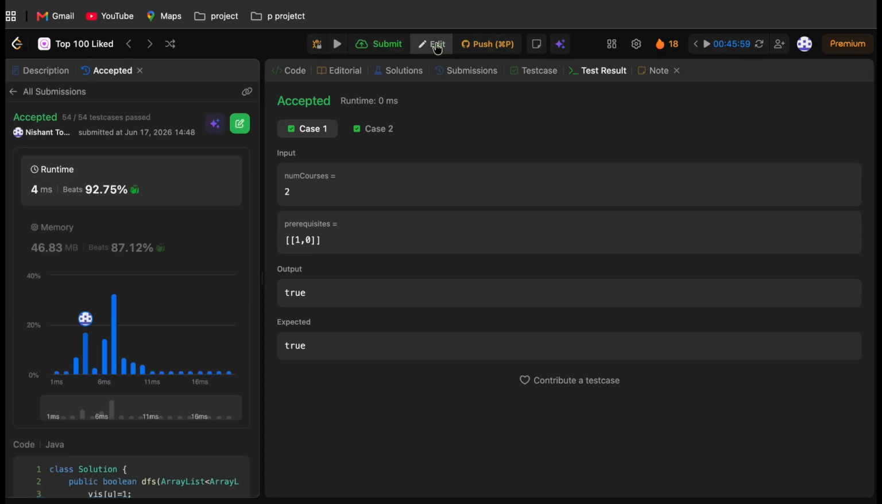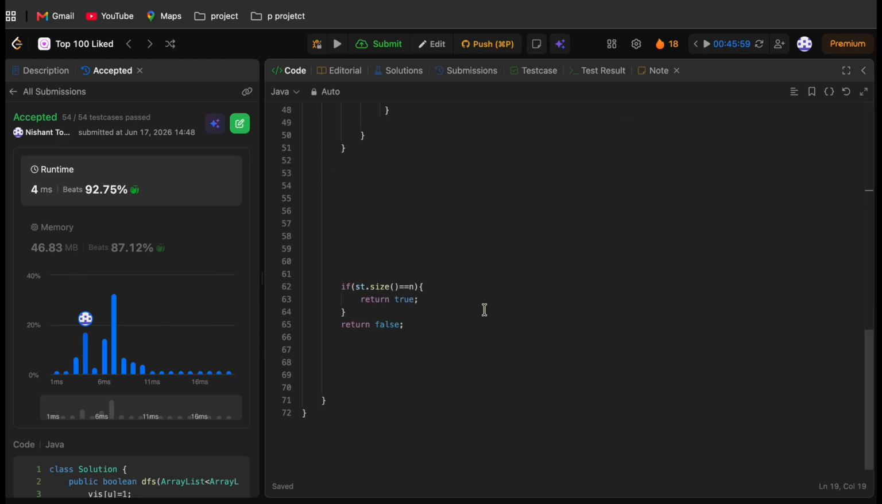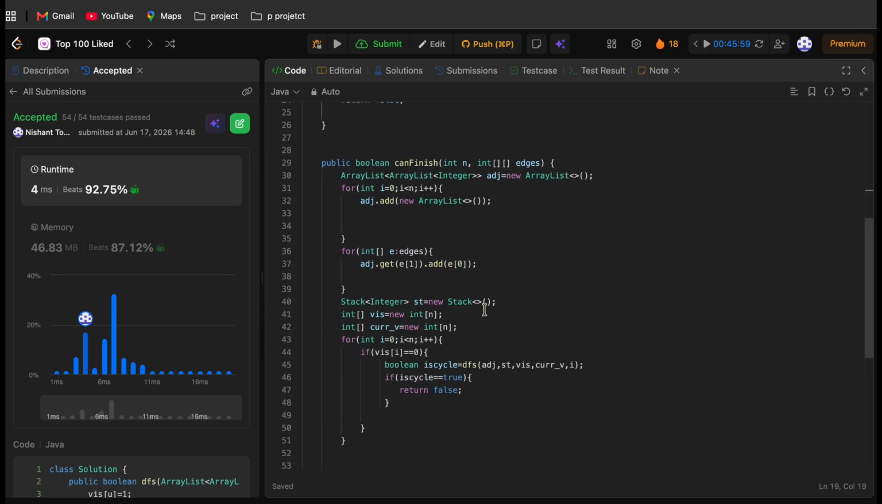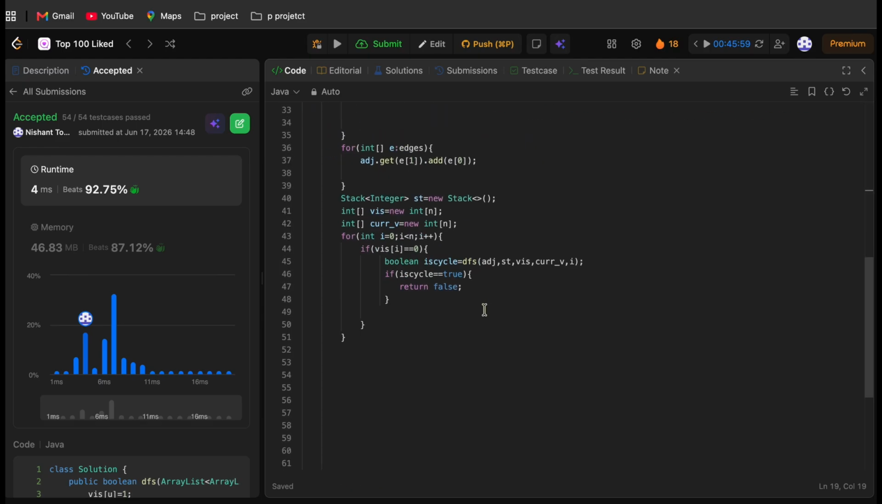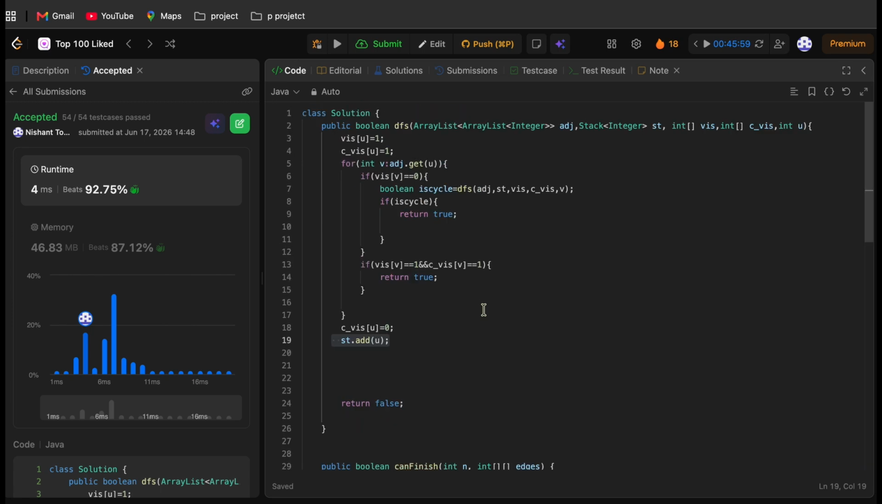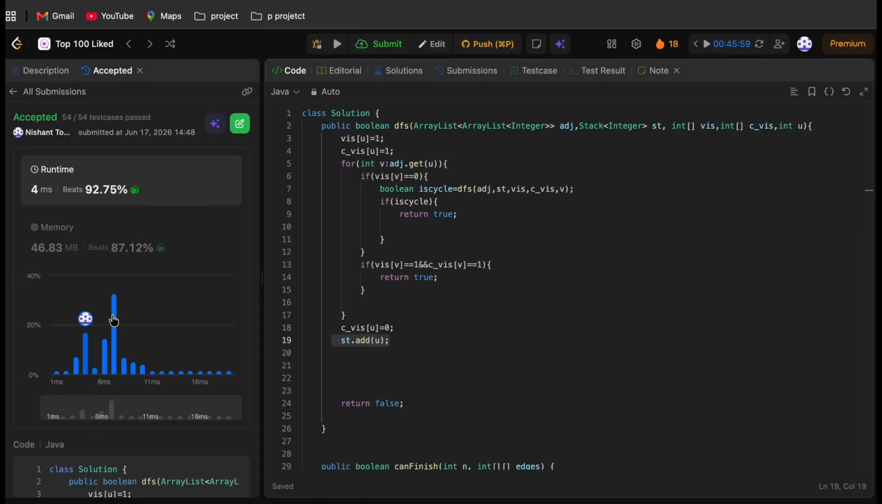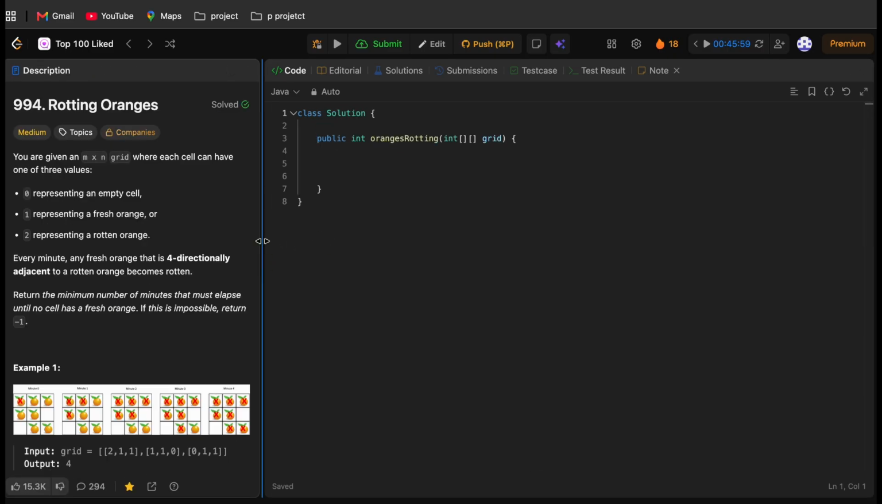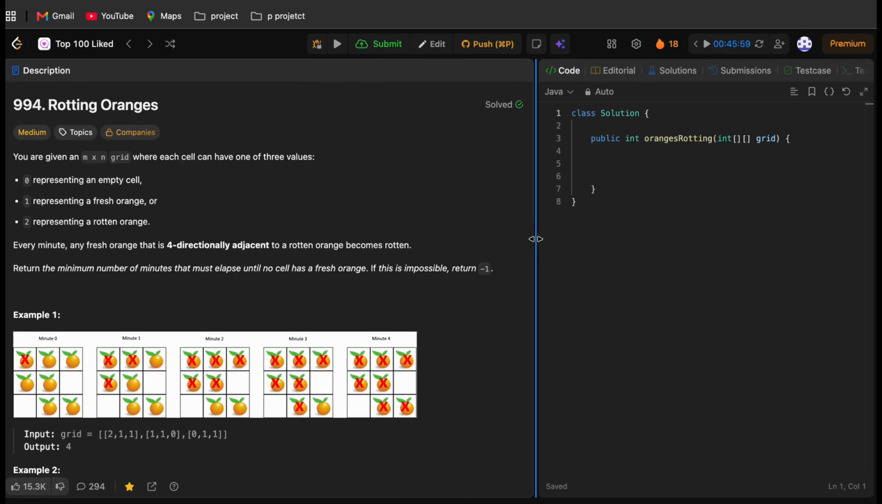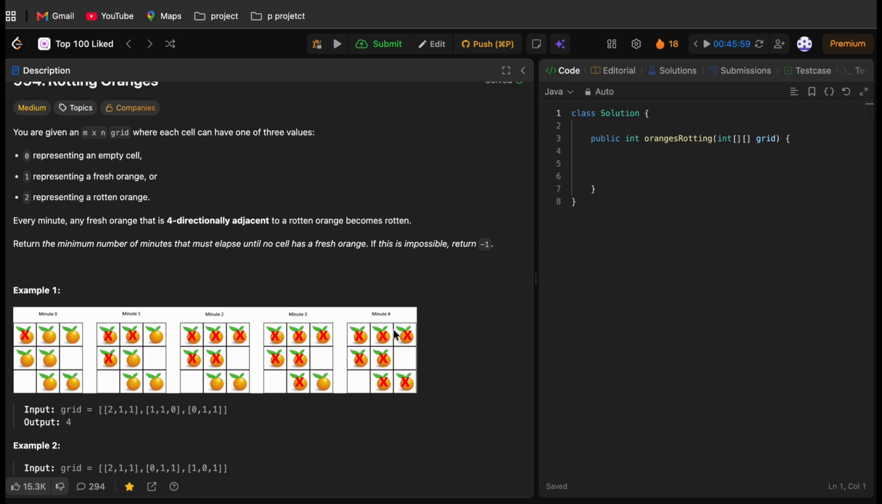So all the test cases passed. I hope the algorithm is completely clear to you. I have explained it multiple times, again and again, same things. Let's just move on to the next question. This is the rotting oranges question. This is again a classical question, and so many doubts regarding this will also get clear in this last question